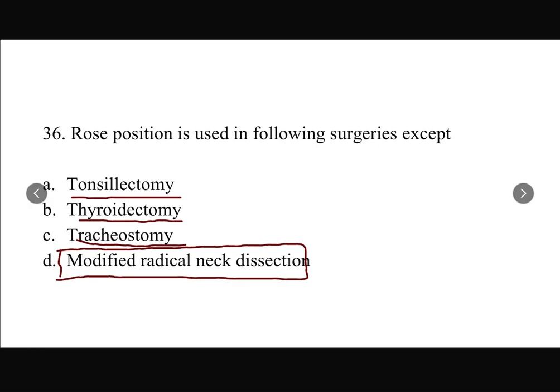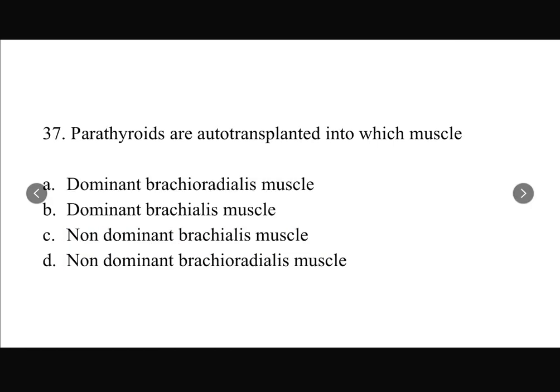you give 30-degree elevation with the neck turned towards one side. The chin and the neck are turned towards one side. Parathyroids are auto-transplanted. So whenever parathyroids are inadvertently removed during thyroid surgery, because they were intrathyroidal or closely attached to the thyroid tumor, in such conditions you isolate these parathyroids, mince them, and put them into the sternocleidomastoid,